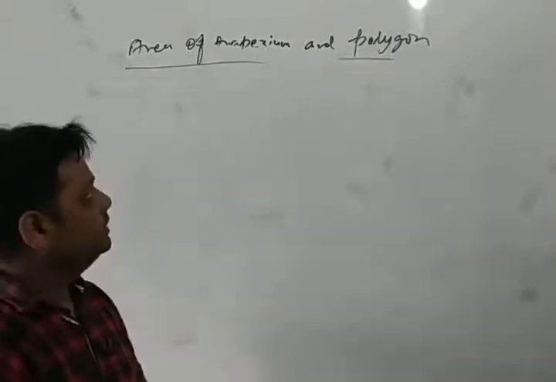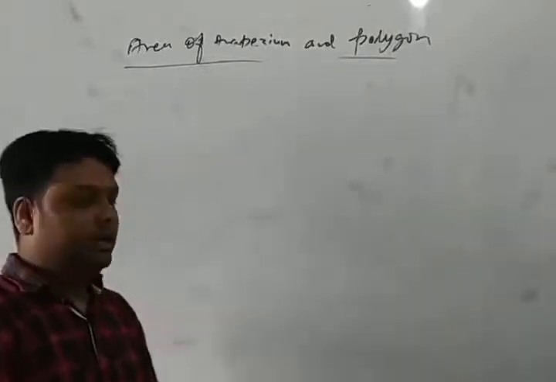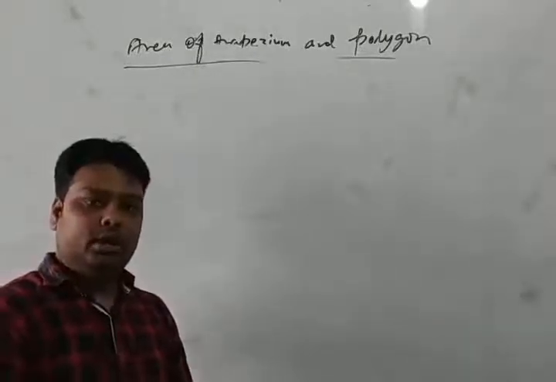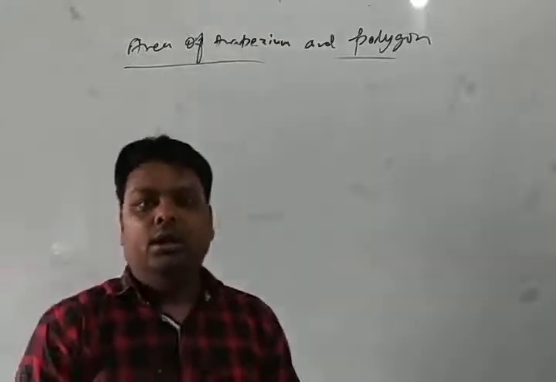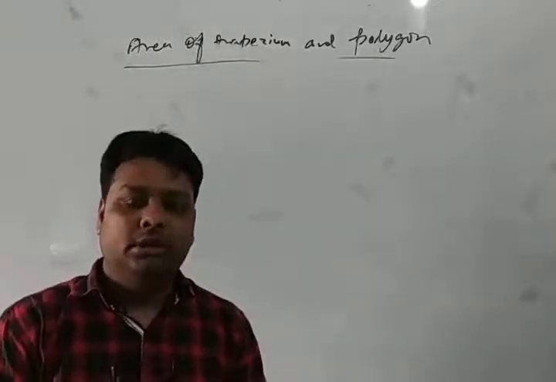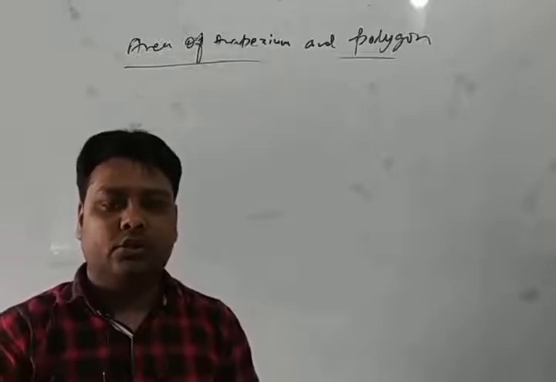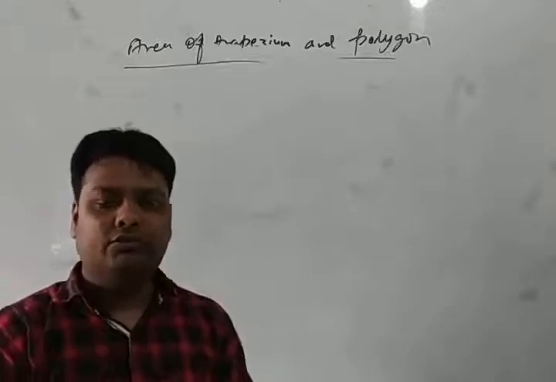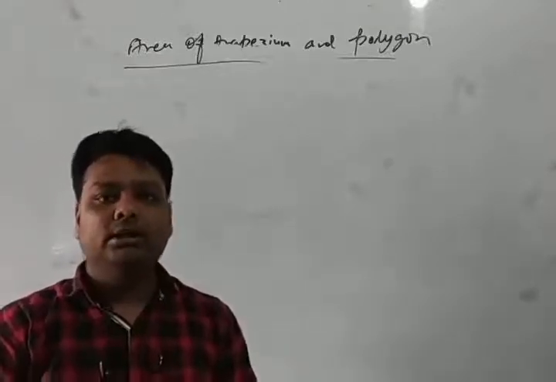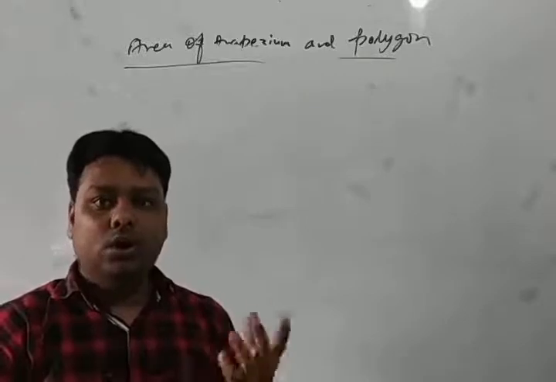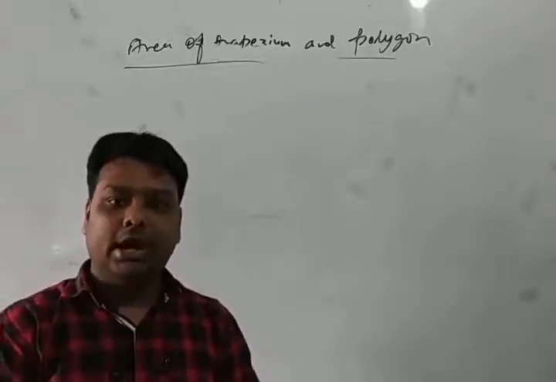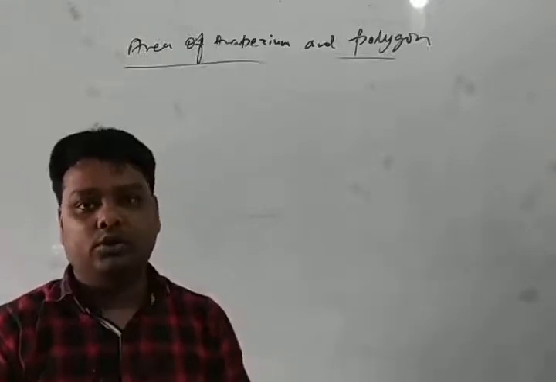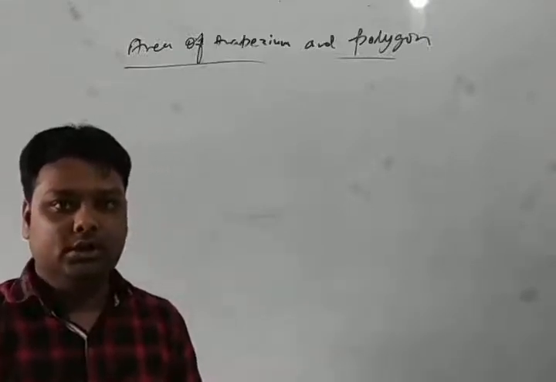I am Anup Kumar, and this is the third day video of the chapter Area of Trapezium and Polygon. Today we will discuss the Pythagoras theorem: what it is, what its formula is, what Heron's formula is, and what the area of a triangle is. If all the sides of the trapezium are given but the height is not given, we will use the Pythagoras theorem or Heron's formula to find the area. So let's see.